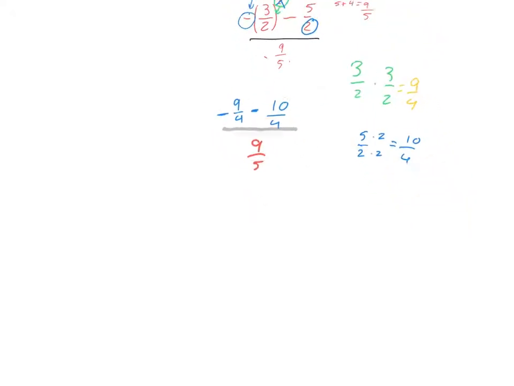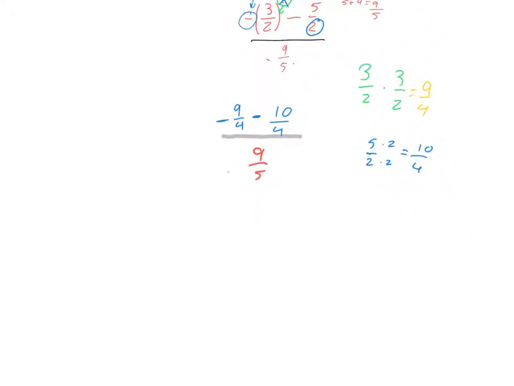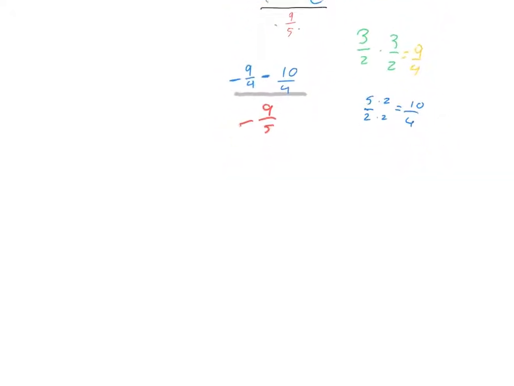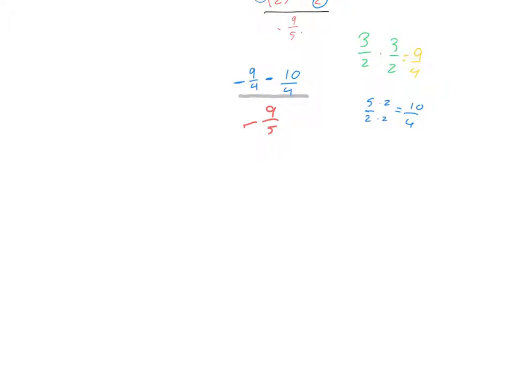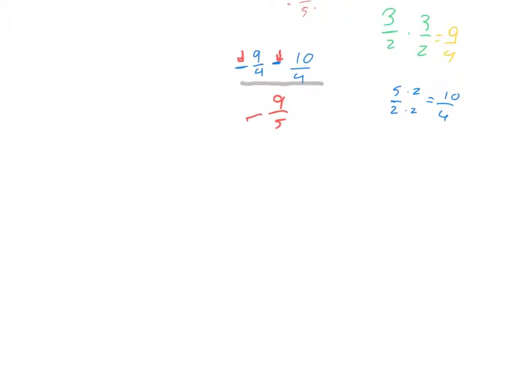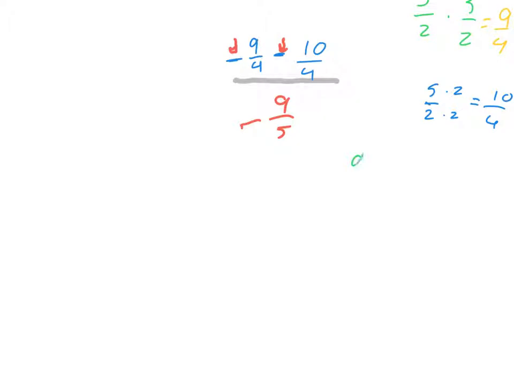Okay, so now we have to keep the negative. Now what we're going to do is same signs add because they are the same signs. So we're going to add. So 9 plus 10 equals 19. We keep the denominator, so 19 over 4. And the divider line is actually a division sign. So we are going to do